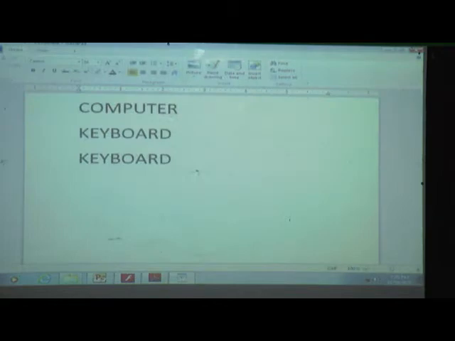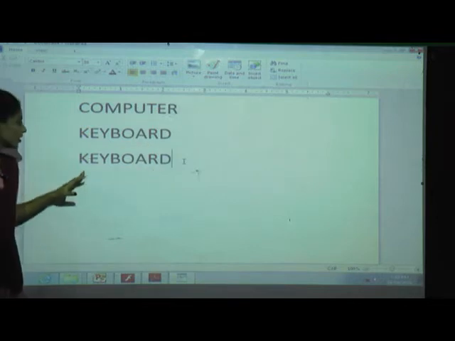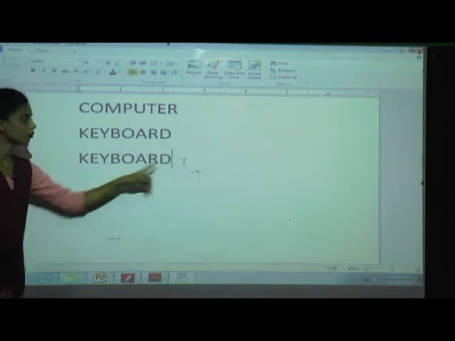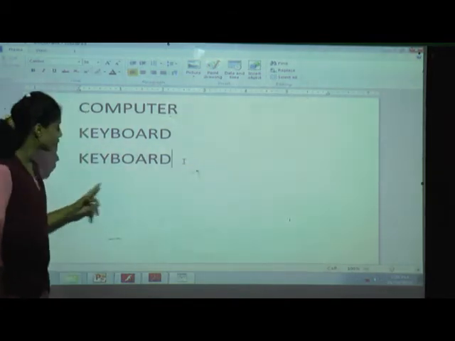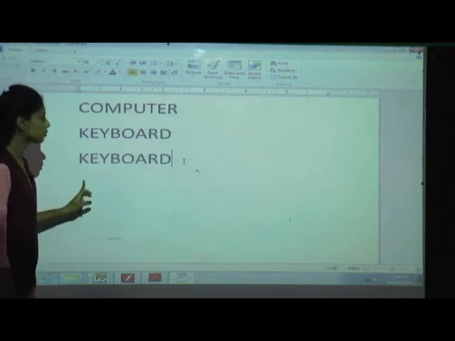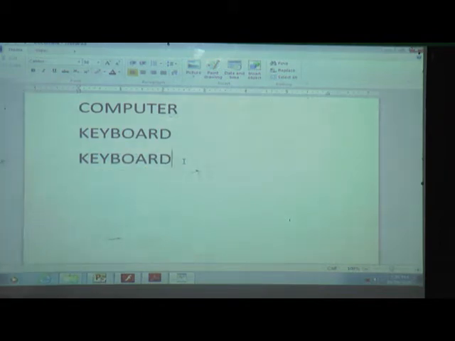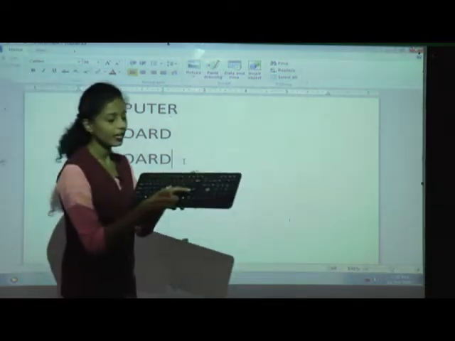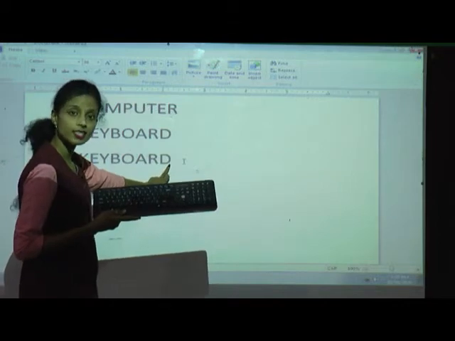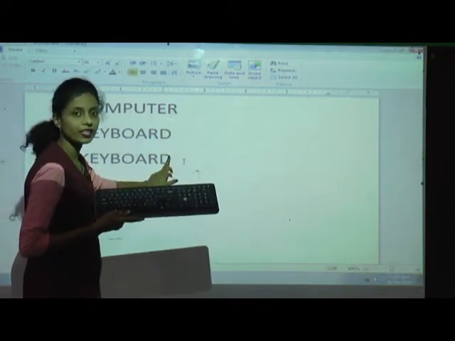The computer does not understand. When my line is finished, and I want to write one more spelling of monitor on the next line, I don't want to write here. If I want to take this cursor downside, which key is helpful for us? Yes, good. Enter key. You can see the changes. What is this? Cursor. The cursor is a small blinking line.